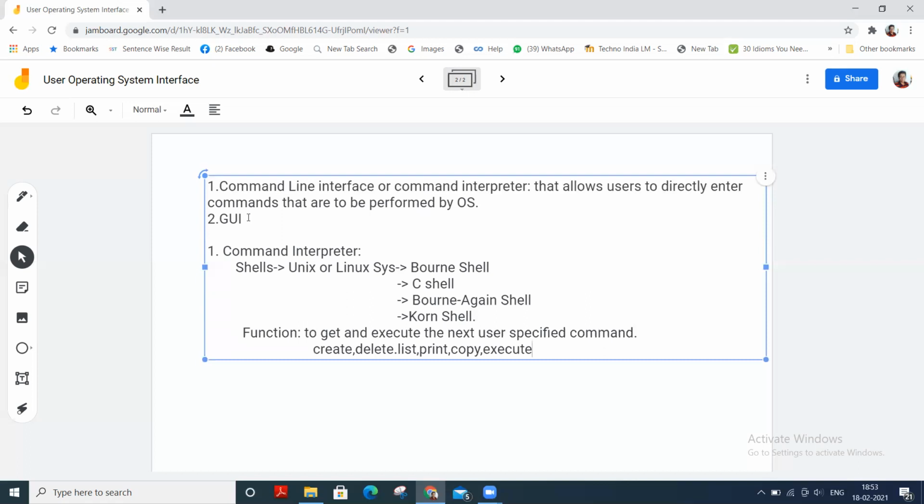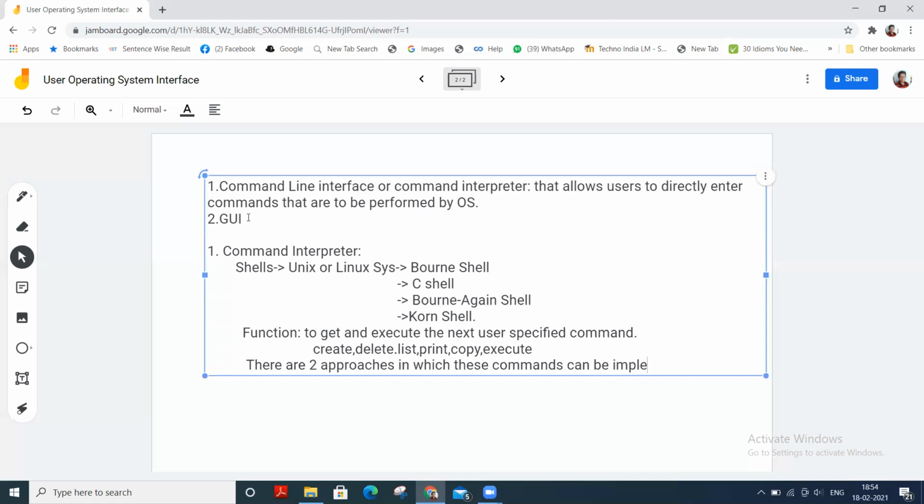So I will write this down. There are two ways commands can be implemented.